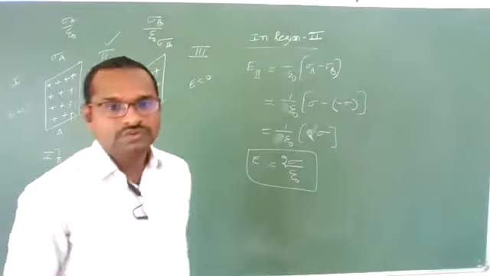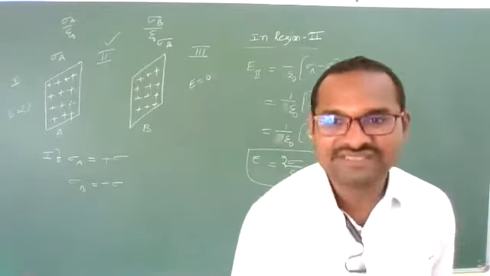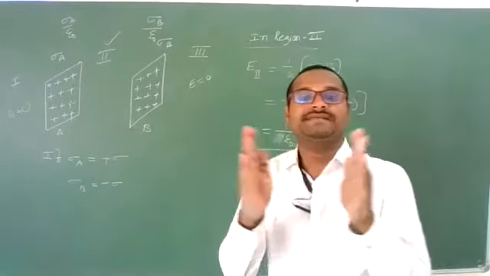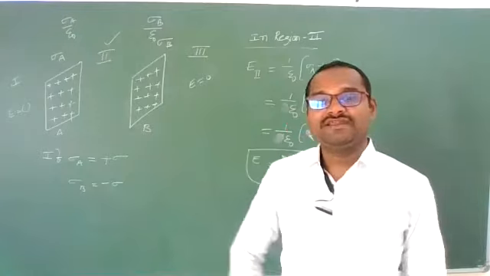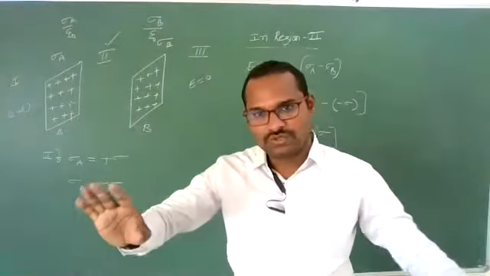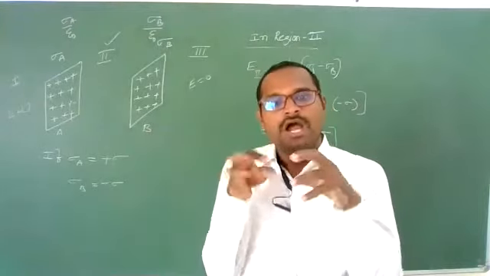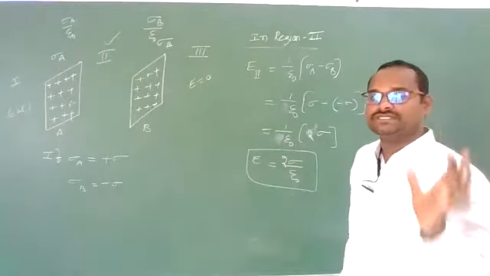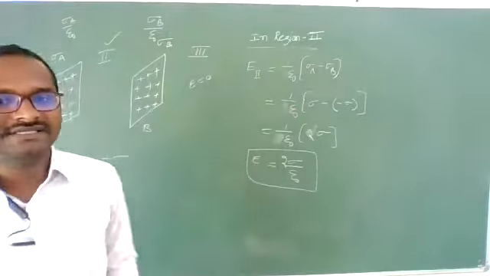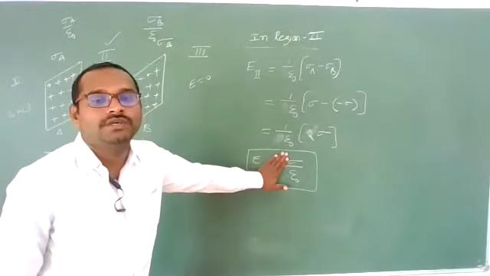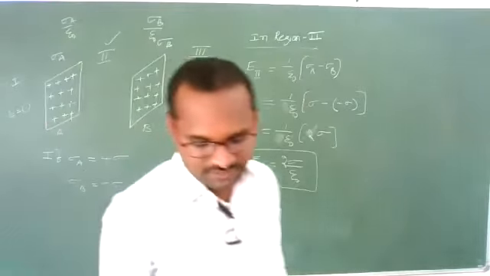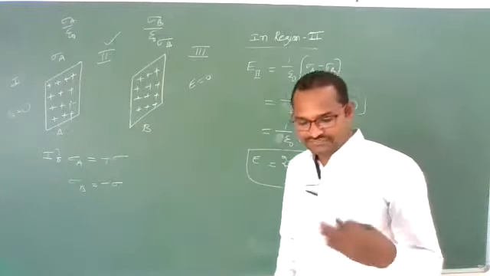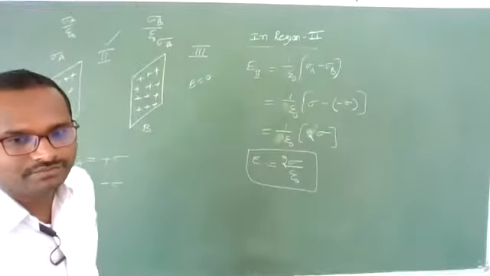If two thin conductors having surface charge densities plus sigma and minus sigma are separated by some distance, then the electric field in the left region and right region will be 0, and in the middle region electric field will be there. How much? It is 2 sigma by epsilon naught for conducting sheets. If I say just sheets, then it is sigma by epsilon naught only. I hope you are understanding the points I am saying. Clear, students? These points are important, and this will be useful for solving competitive exam problems.